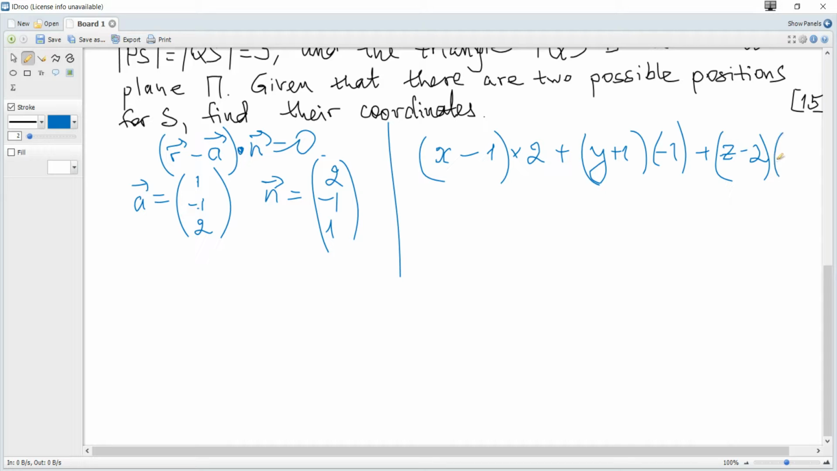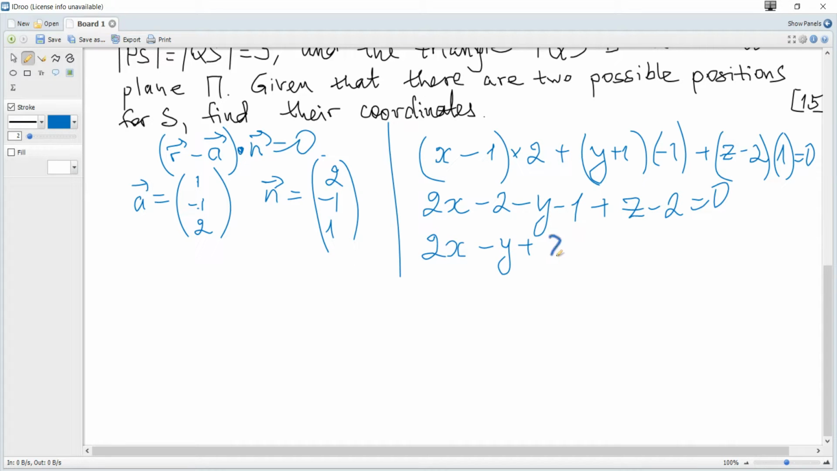Multiplied by 1 is 0. Open parentheses and simplify, so it becomes 2x minus 2 minus y minus 1 plus z minus 2 is 0. 2x minus y plus z is 5. It's the required Cartesian equation. And the next,